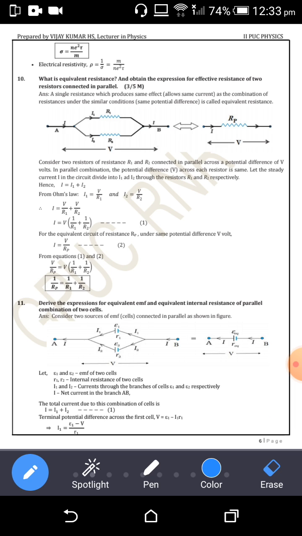So that is nothing but: what is equivalent resistance, and obtain the expression for effective resistance of two resistors connected in parallel. Sometimes there is a parallel combination. They'll ask for 3 marks or 5 marks. So for this parallel combination,